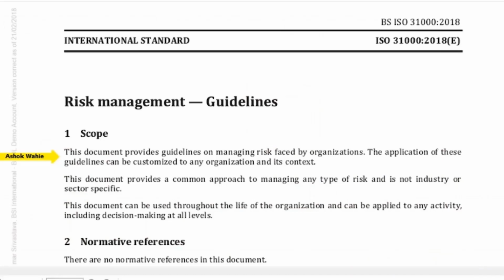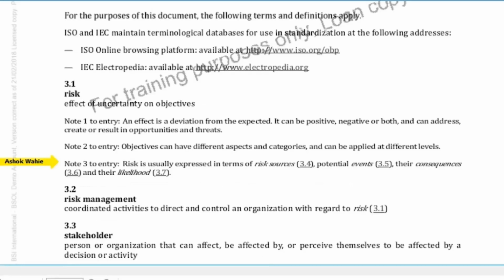Now, please read the definition of risk here. And please pay particular attention to note 1, note 2, and note 3. Take 5 minutes. Do not proceed unless you are very clear on the definition of risk. Okay, so have you been able to look at each of the notes? So as I mentioned just now,